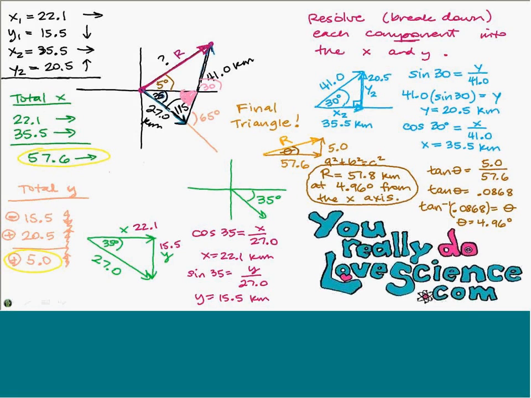To break down, since it wasn't originally a right triangle, we take the parts, we make each part into a right triangle, so we have to get the x and y of those separate triangles. Once we have the first x and y and the second x and y, we add those, we get our total x and y, and we make what I call the final triangle. And the final triangle is simple with sine, cosine, tangent, and that gives you your resultant. All right. Like it? Yep. Okay. So this is just some example problems of